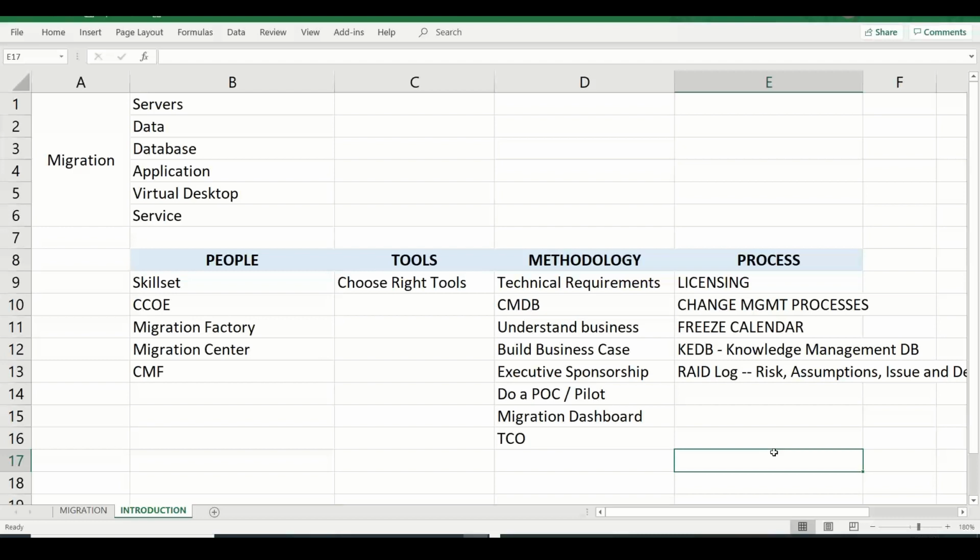After understanding who are the people involved in this migration, which tools are going to be used, what is the methodology that we need to follow, whether we are going to do it in waves, how many workloads we have got, and how critical are those. What is the priority for each of these workloads? Why are we exiting from the data center? What is the business driver? So all these things have to be understood, and then finally you also need to understand the processes that the customer follows. Okay, what is their change calendar, where exactly they store their documents, how they collaborate, and have this information. So all these things have to be understood in a very detailed way. Now let's